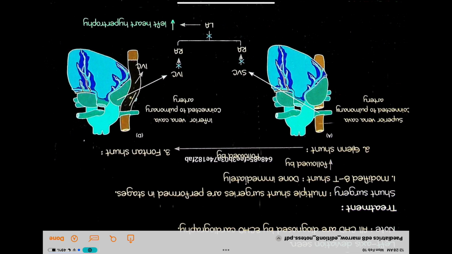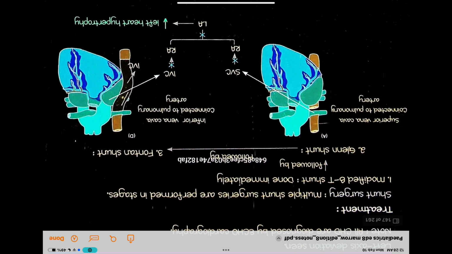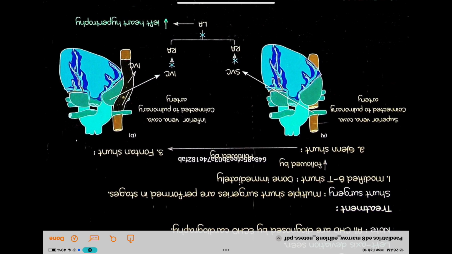Shunt surgery. Multiple shunt surgeries are performed in stages. Modified BT shunt is done immediately, followed by the second, the Glenn shunt, followed by the third, the Fontan shunt. So, the superior vena cava is connected to the pulmonary artery. In the diagram A,